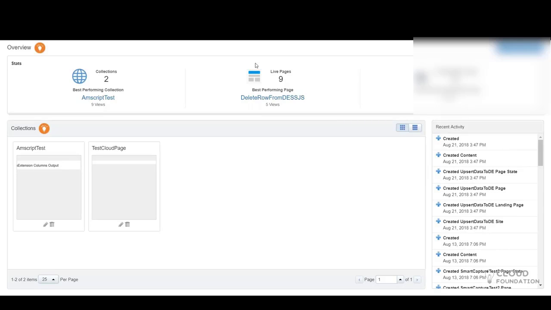So here we have the concept of business units. You can see under my account there's only one account, and in my account only one business unit. What you can do is have different business units. Just think of it as a sandbox, but it's a totally different concept. We can have different business units, and you can create one business unit for testing, and one business unit for your development work.